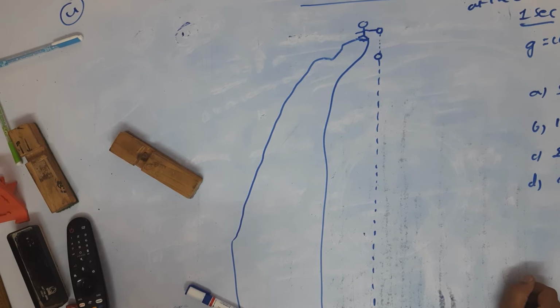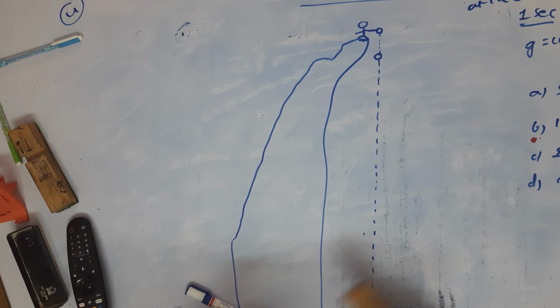B, 10 meter, very good, Dheeraj. Okay, very good. Well, I am just allowing you to make the mistakes. 10 meter, okay, this is the wrong answer. The right answer is 5 meter. Okay, Chandana, that is correct. Your answer is correct. Chandana is the only girl who is saying the right answer.